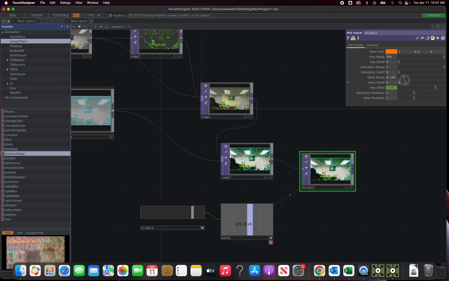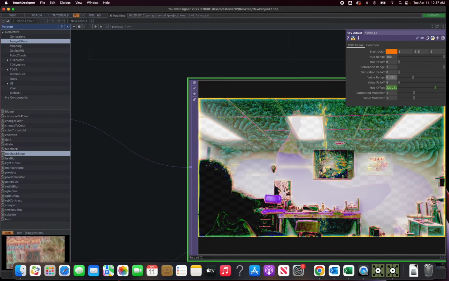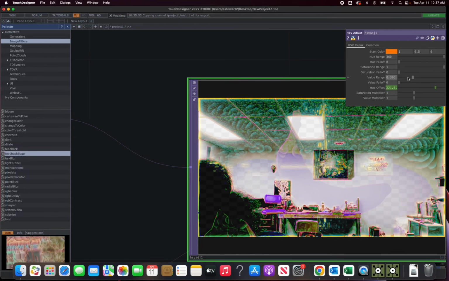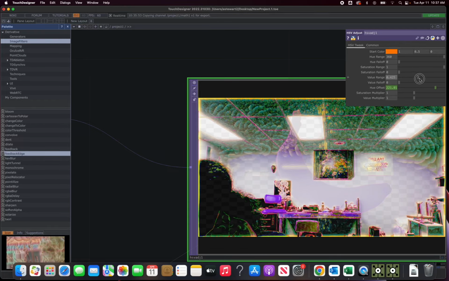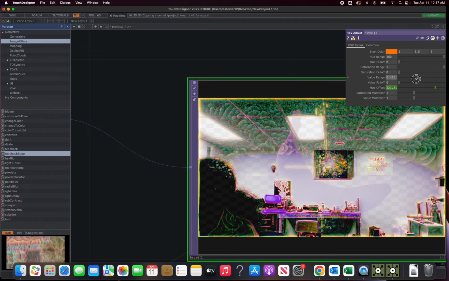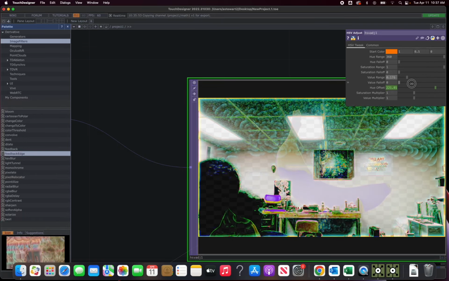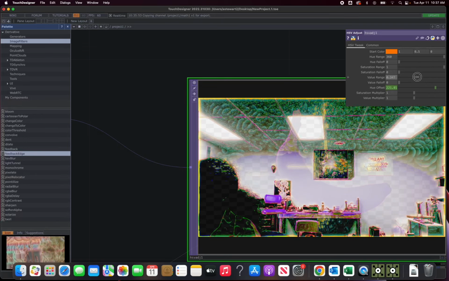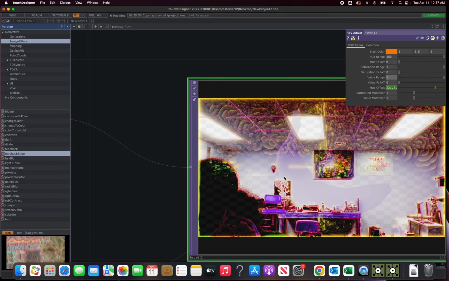Oh, that's kind of nice. Let's zoom in a little bit here, and let's see what that looks like. Where is it? Value range. Okay, right. This does something interesting to it. So we're going to go ahead and control this parameter with our